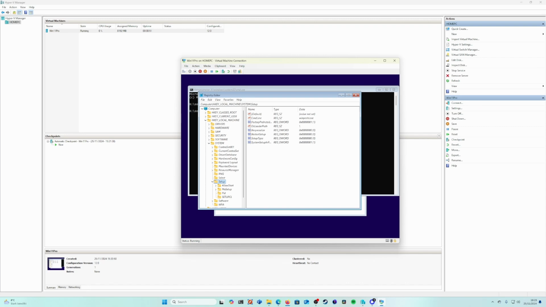In HKEY local machine system setup, create a key called LabConfig. Within the LabConfig key, create a DWORD 32 with the value bypass secure boot check and the value of 1. Create a second entry with the value of bypass TPM check and provide it the value of 1,